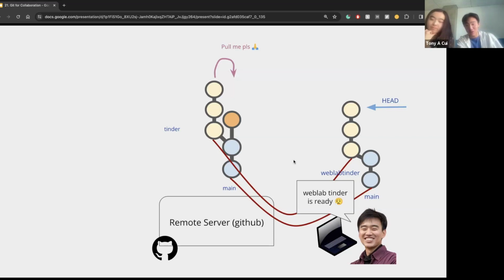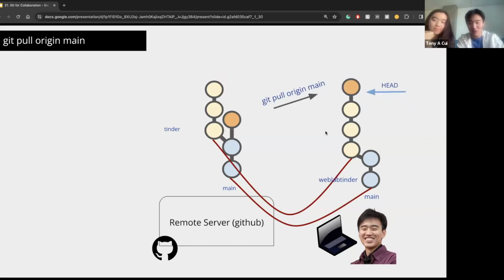And in order to actually merge the changes, we need to create something called a pull request. Essentially, first we have to make sure that we have all of the changes from the main branch and pull it into our local working branch, just so that our working branch is up to date and there won't be merge conflicts later on. Because if we made a pull request with just main here, then we would say, okay, I